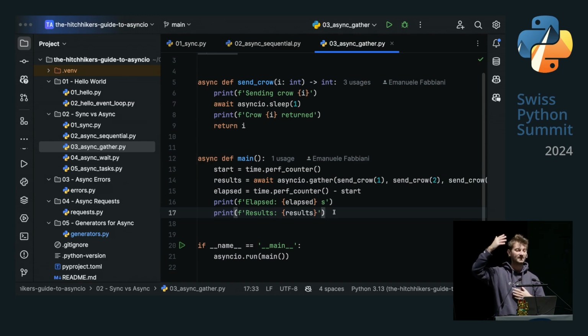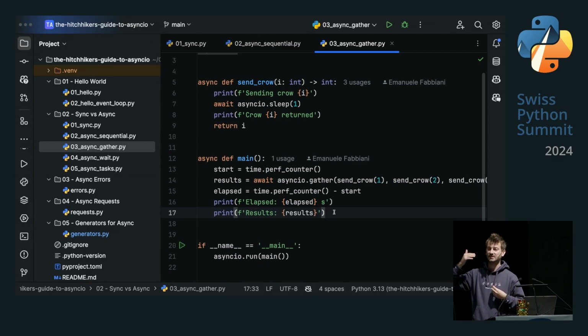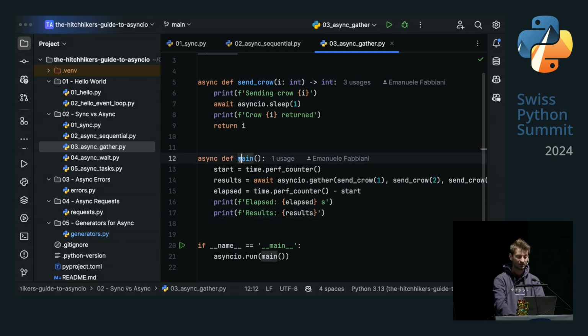It's something that runs indefinitely and every time checks if there is some code ready to be executed. At the beginning, the event loop starts, and what it executes is the coroutine main. Why? Because it's the entry point we pass to asyncio.run. Right. So we execute line 13. Good. We go to line 14,